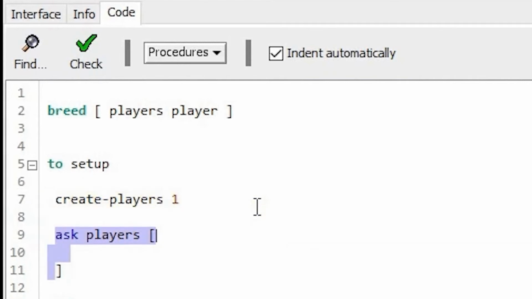Now I'm going to ask available players to do these things. For example, I'm going to ask it to set the shape of this player to airplane. For the moment, let's assume that there is a well-defined or inbuilt shape called airplane.